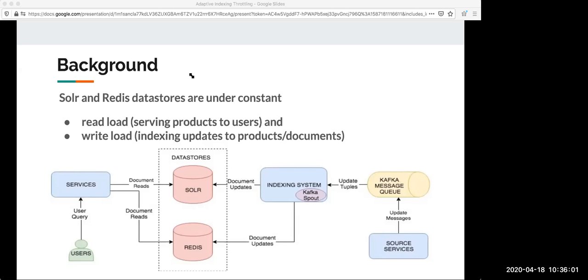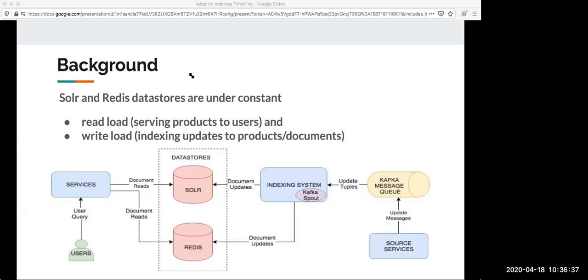Source systems like discount, catalog and inventory are constantly pushing updates to a Kafka queue. For example, change the discount for this product from 40% to 50%, or from 50% to 60%. That's an update on a document for us, since every style or product is just a document. We have to update those fields. Those updates are pushed by the source services into Kafka queues. From the Kafka queues, we have an indexing system, which consists of a Storm cluster. This Storm cluster is responsible for consuming the messages from Kafka and making updates to our data stores.